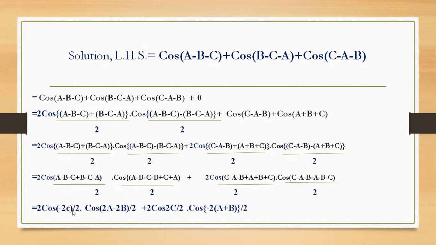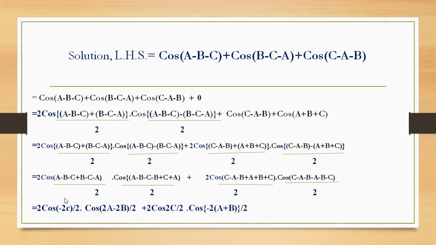Then we will have minus 2c by 2, and 2a minus 2b by 2, and 2c by 2, and minus 2a and minus 2b, then minus 2c, with a plus b left, and there is a 2 below as well. Now we can cancel this 2 and this 2, and here also we can take 2 common and cancel them. Here also we can take 2 common and cancel, then minus a plus b will be left.